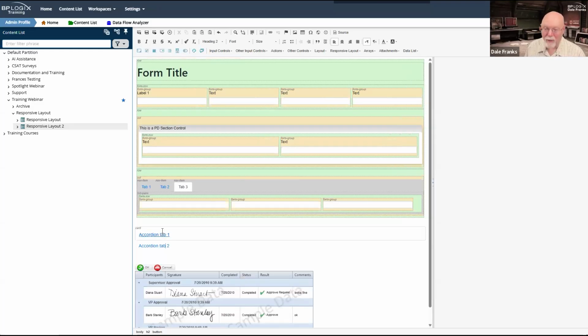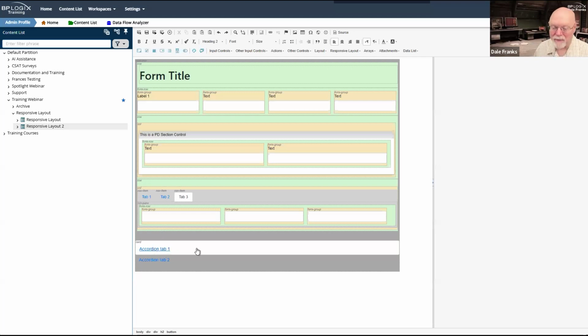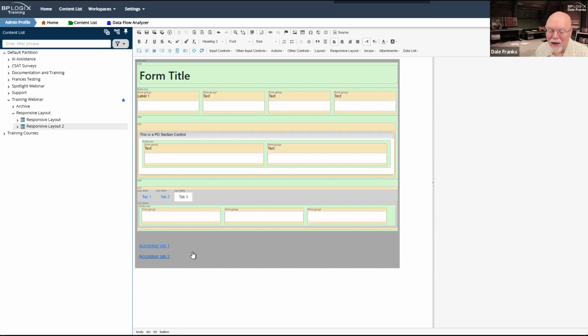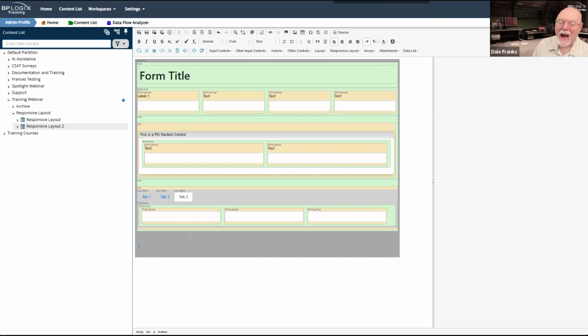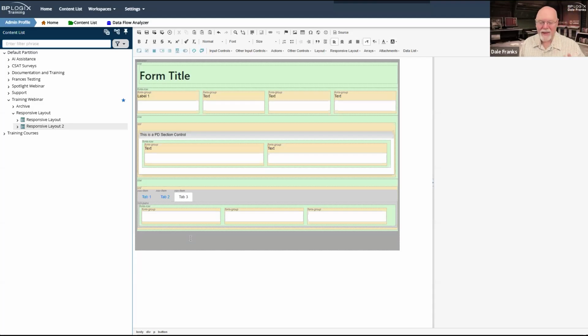Oh, I didn't want to remove that div. Okay, so now I've just got these 2 H2s left here. And those I can delete. I've deleted way too much. As you can tell, this can get a little tricky to do.